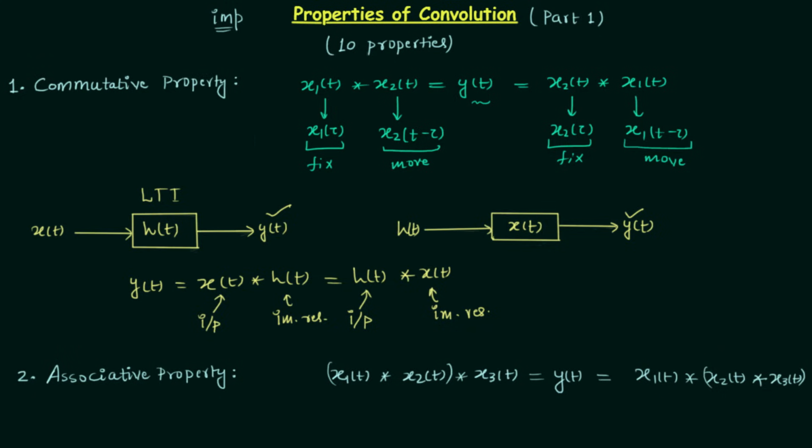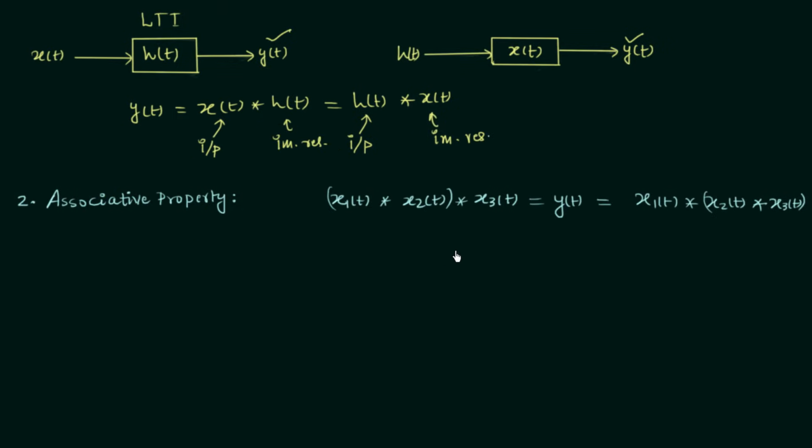And for this we will take two different systems, and the input to the first system is equal to x(t). The impulse response of the first system is equal to h1(t). Let's say the output is y(t). So y(t) is equal to x(t) convolved with h1(t), and now we will convolve the convolution of these two signals with another signal, which is